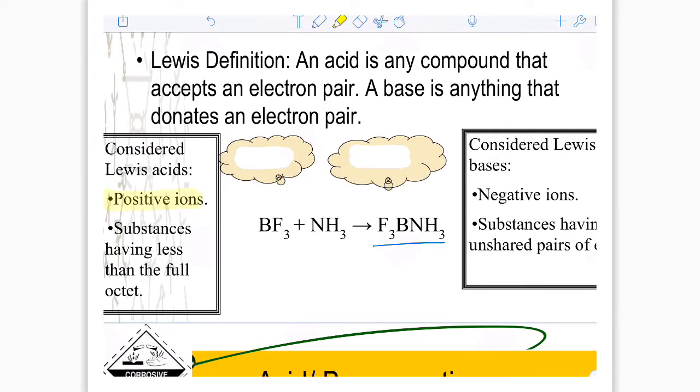Look for positive ions. Look for things that have less than the full octet if you want it to be an acid. If you want it to be a base, then you're looking for negative ions, or for things with extra electrons. To be honest, most of the time you can tell just from this one and this one. You don't need to go drawing out a Lewis dot structure to figure this out. Not with the questions that I would be giving you. But if you were, in this particular example, there is no positive, there is no negative. But if we were to draw this,